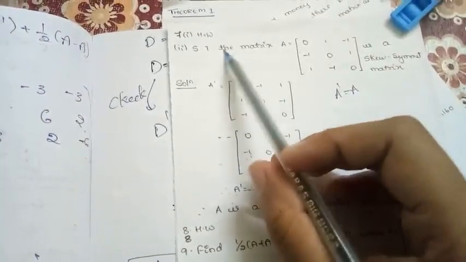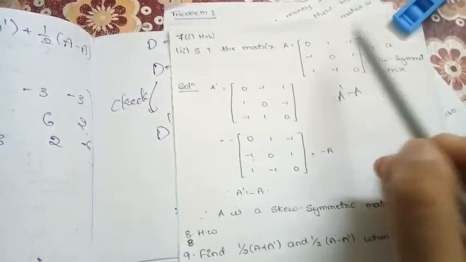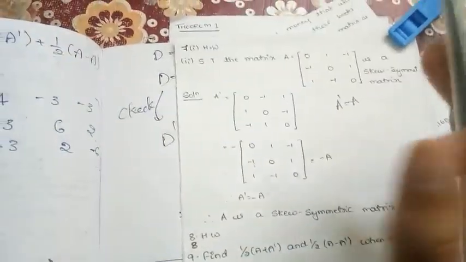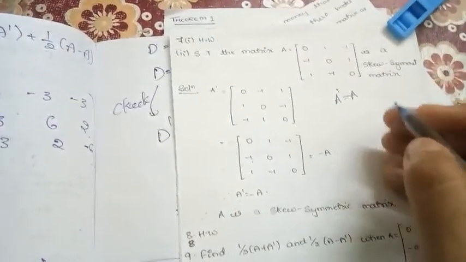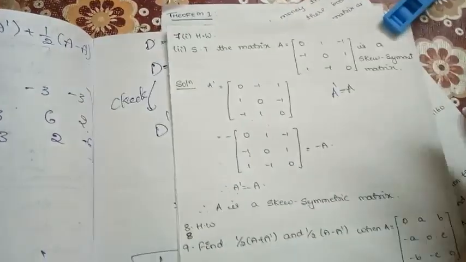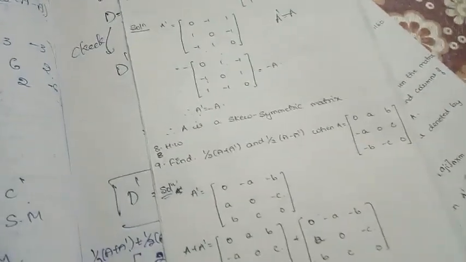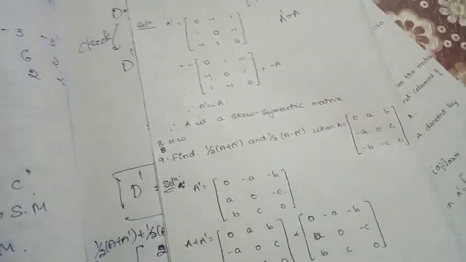A similar type of question you can see in the first section. There you need to show that the given matrix is a symmetric matrix. So which condition did you use there? There you must check whether A transpose is equal to A, for the 7-1 section. Then the next, the 8th problem, is homework for you.